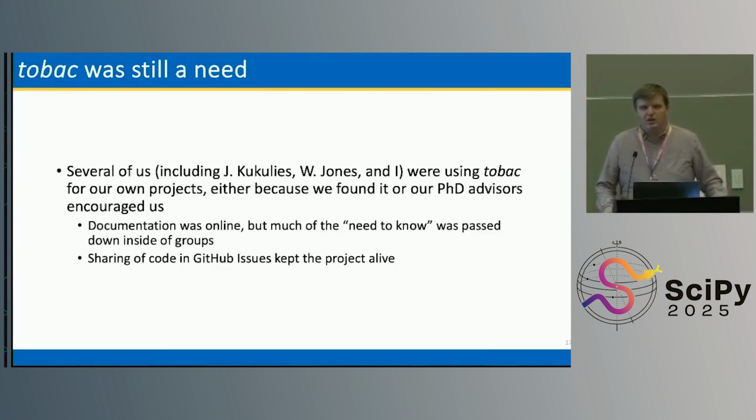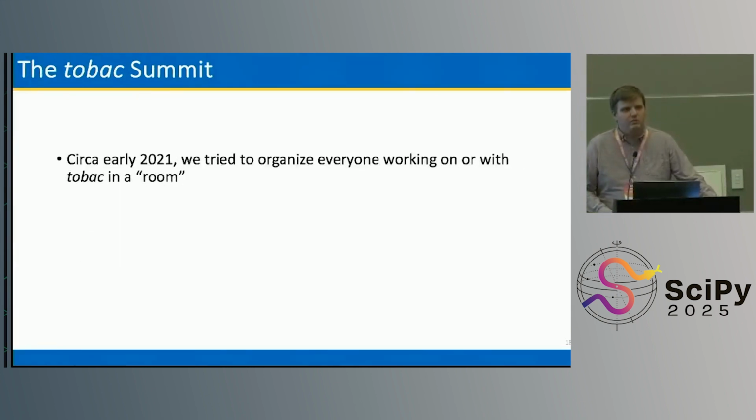There was documentation online. It was not very good. But there was a handful of people in all of our groups that were using this. Actually, Julia figured it out by herself. Will and I both had help. And most of the knowledge was kind of an oral tradition. We passed it down from senior PhD student to junior PhD student, and we all figured it out together. That's what kept the project alive: discussions among groups and also sharing of code on GitHub issues. It was kind of a pseudo pull request system when we were fixing our own versions of the code. And finally in early 2021, this came to a head.